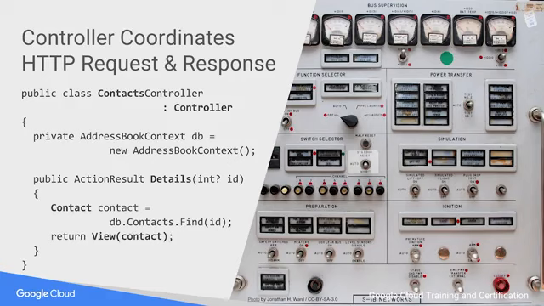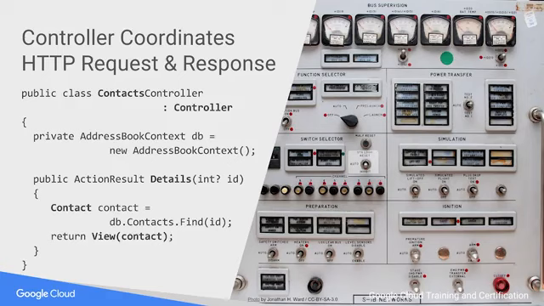In our example, imagine that our application was running on a server located at http://mycorp.com. The contacts controller and details action method would be used to handle a request from a browser using that base URL, followed by /contacts, the name of the controller, then /details, the name of the action method. This would then be followed by a number that corresponds to the ID of one of our contact objects or one of our contact records in the database table.